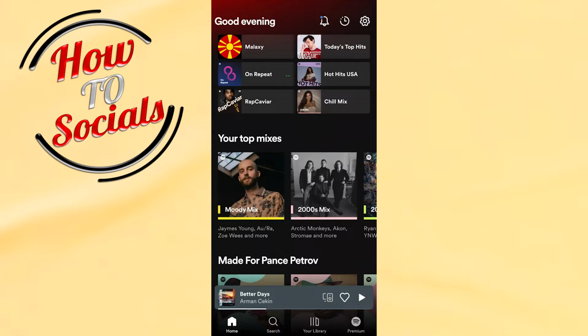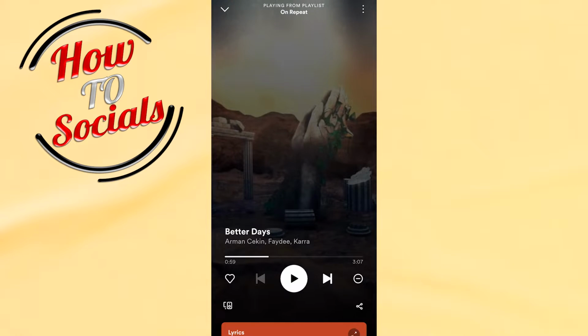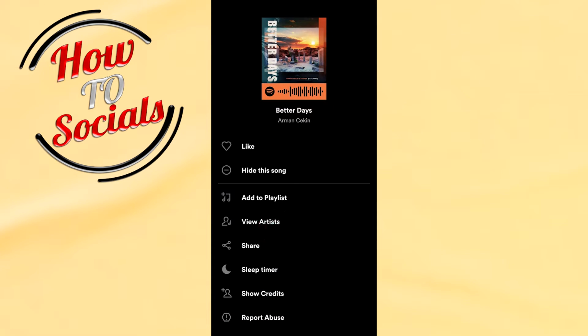Firstly, what you need to do is just simply take a song from a playlist and then go on the three dots icon on your right upper side. What you need to do next is just scroll down, and as you can see you have the option for